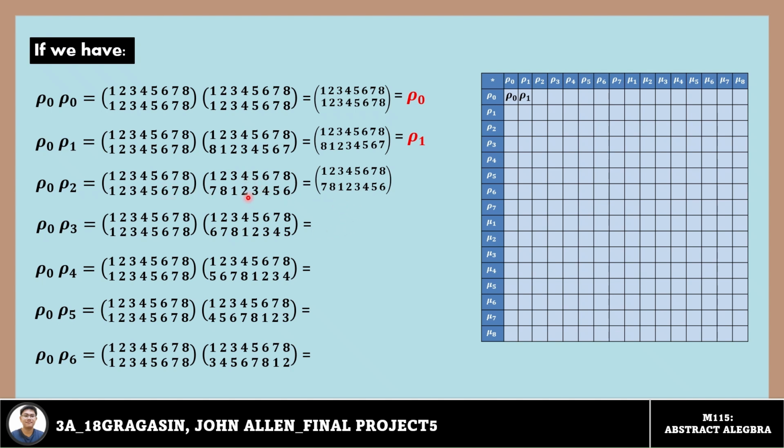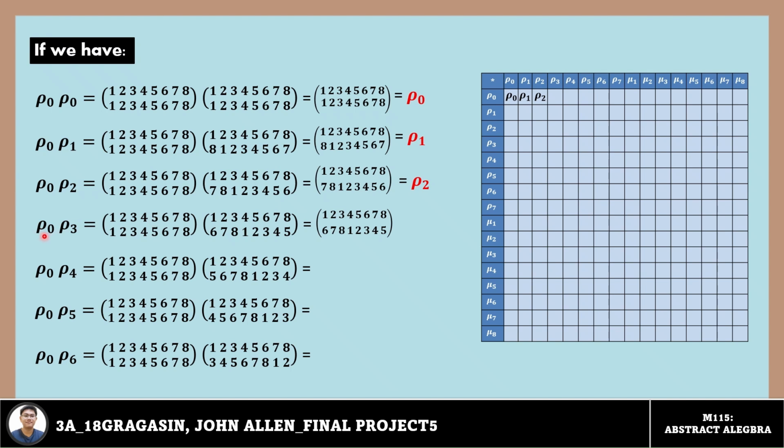And then 4 is to 2 and then 2 is to 2. That is why our answer here is 2. And then 5 is to 3, and then 3 is to 3. That is why our answer here is 3. And then 6 is to 4, and then 4 is to 4. That is why our answer here is 4. And then 7 is to 5, and 5 is to 5. That is why our answer here is 5. And then 8 is to 6, and 6 is to 6. That is why our answer here is 6. As you can see, our answer is just the same as the elements in row sub 2. That is why our answer here is row sub 2.